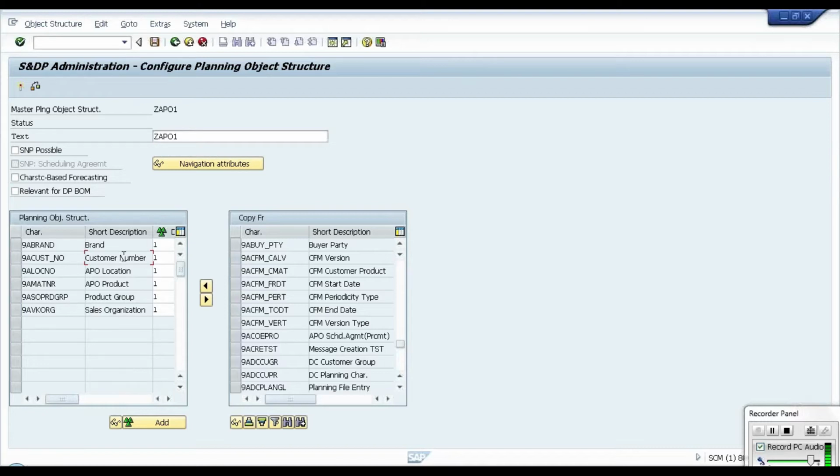Like that, whatever characteristics you take in the MPAS, basically we can differentiate either as product hierarchy or customer hierarchy. So normally it is product hierarchy or location hierarchy. Always your characteristics might fit somewhere into this product or location. But basically, if you see at the lowest level, it will be the APO product and the APO location, like 9A Matna and 9A Lucknow.